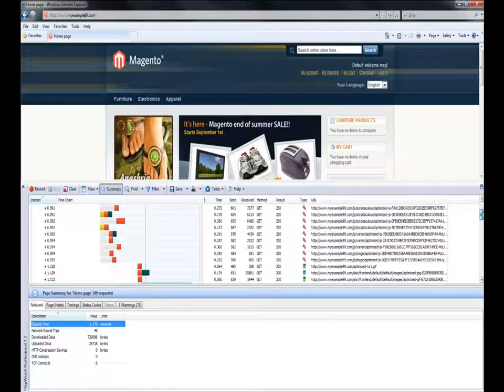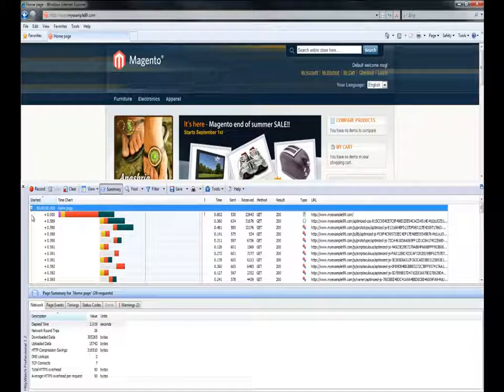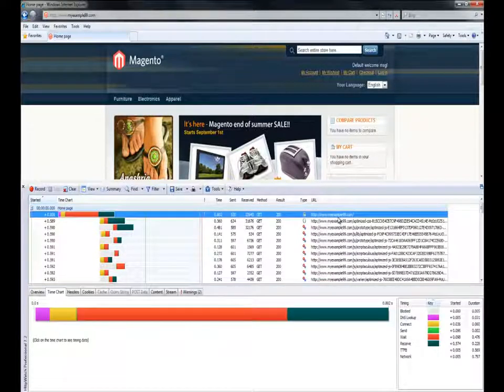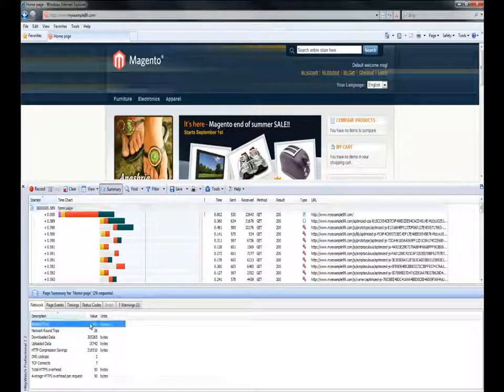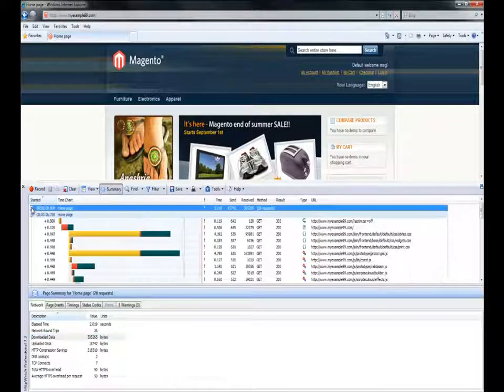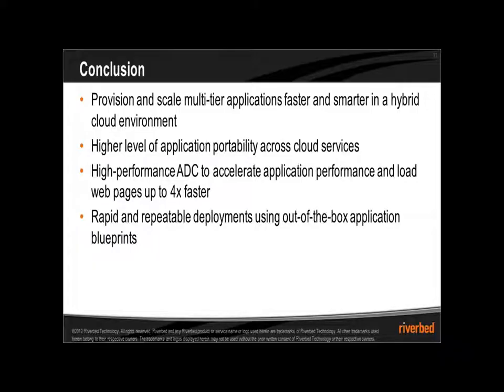If you compare it with the Stingray Optimizer feature turned on, it just downloaded the page in 2 seconds with 26 objects. It almost reduced the number of objects by half, and the bandwidth also reduced by half. So it's pretty impressive. So in conclusion, the Stingray and vFabric Application Director integration benefits are the provisioning and scaling of